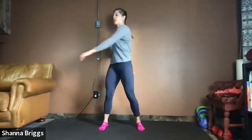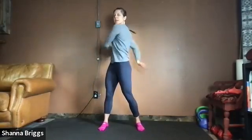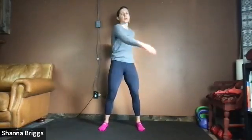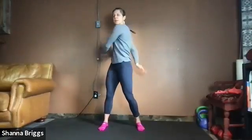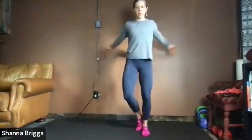And just be intentional on that exhale. So really blow the air out. Kind of as the arms hit your body, breathing in as they float across. Good job. Couple more each side. Very nice. From here, we're going to go side step and start to open through the chest a little bit